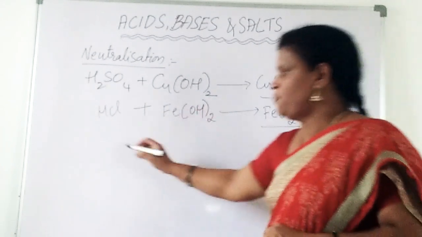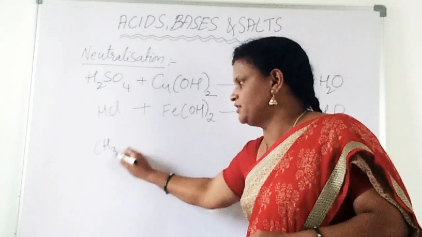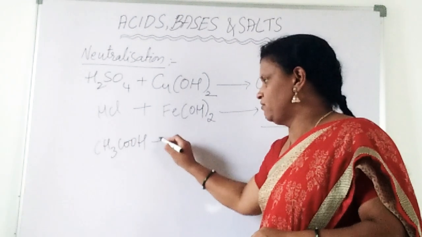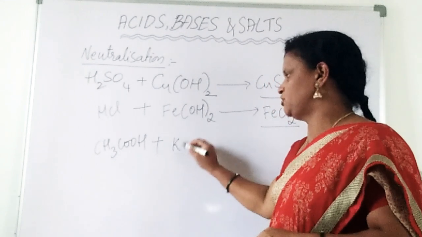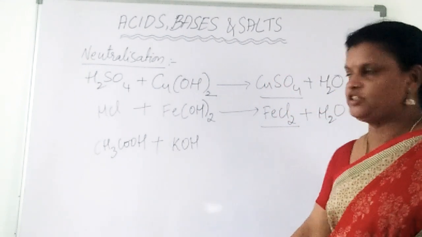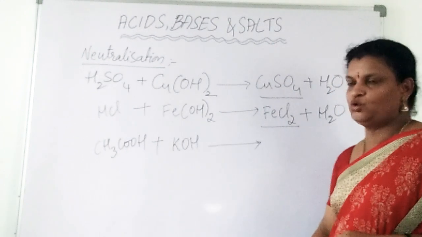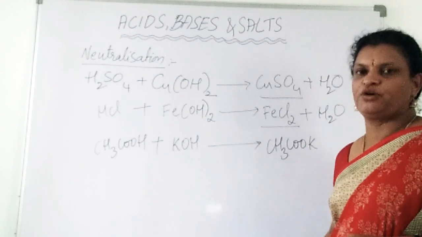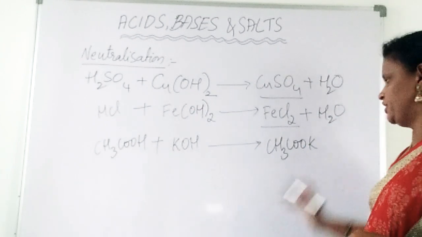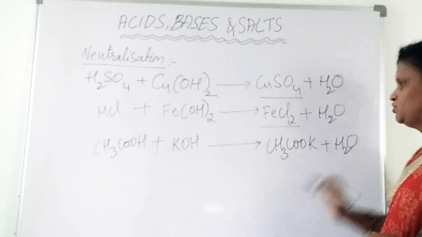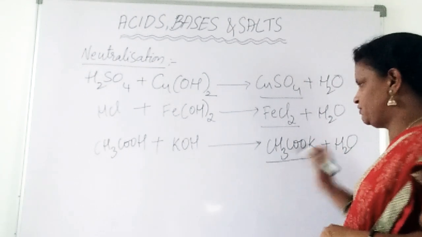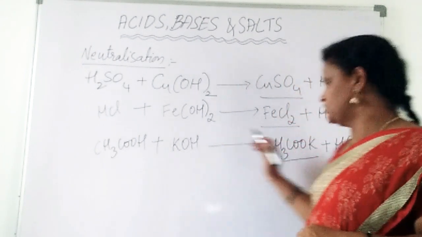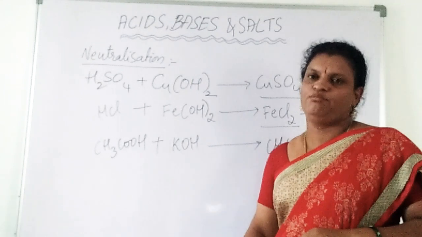Now we will see some other examples, like here I am taking acetic acid, CH3COOH, which is nothing but acetic acid, reacting with a strong base. Let us take here potassium hydroxide. When it is reacting with potassium hydroxide, we are going to get a salt whose formula is CH3COOK, and the name we are going to say here is potassium acetate, and along with that water also is formed. So in this reaction, if you observe, the nature of this salt will be basic. What is the reason here? It is produced from weak acid and strong base. That is why the nature of potassium acetate will be basic.